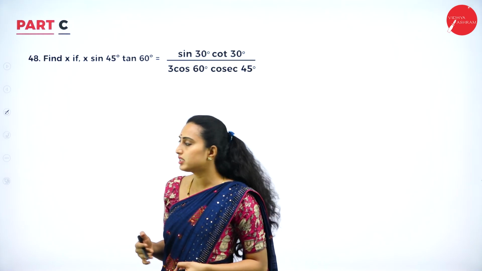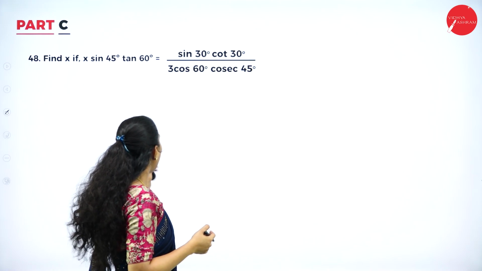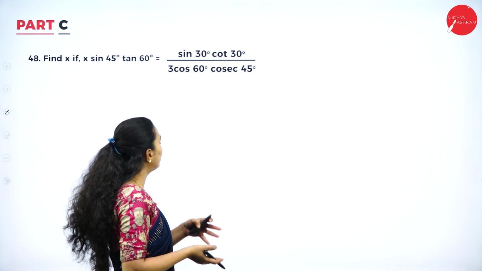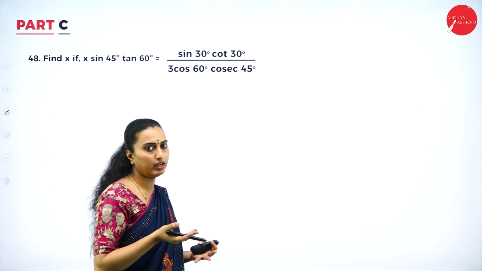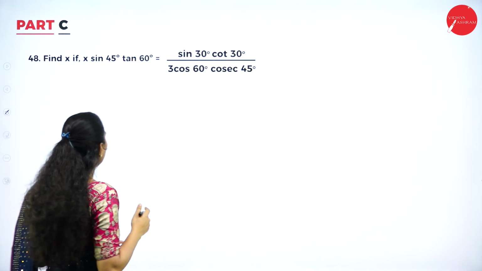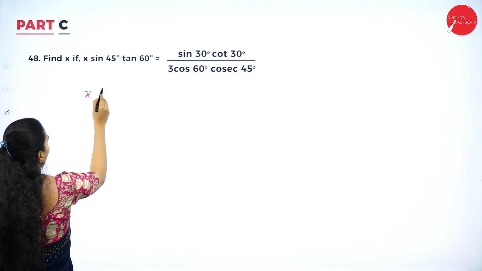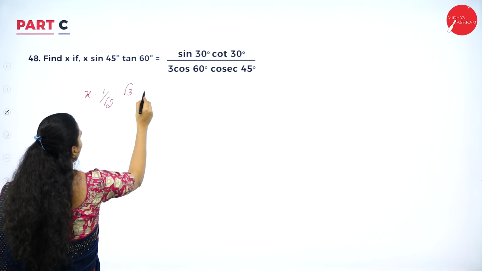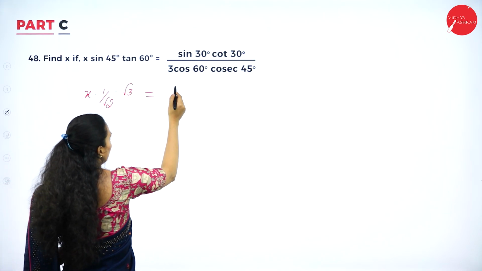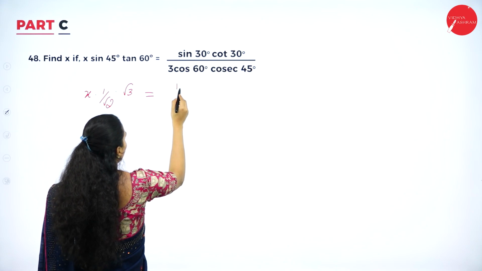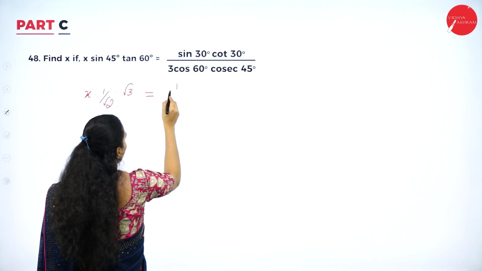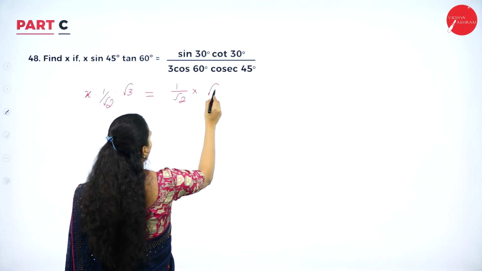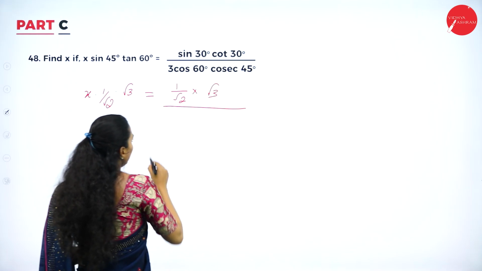So find x if x sine 45 degrees tan 60 degrees is equal to sine 30 degrees into cot 30 degrees divided by 3 cos 60 degrees into cosecant 45 degrees. It is easier, you can substitute directly the values. So x into sine 45 degrees, 1 by root 2, into tan 60 degrees, nothing but root 3, is equal to sine 30 degrees, which is nothing but 1 by root 2 again, correct, into cot 30 degrees, nothing but again root 3, divided by 3 cos 60